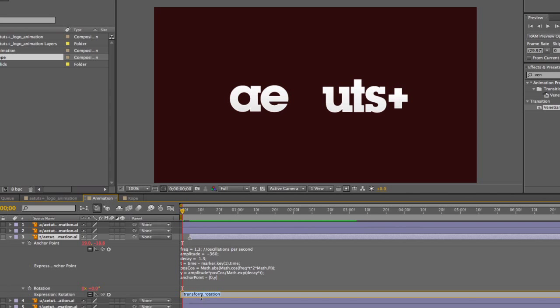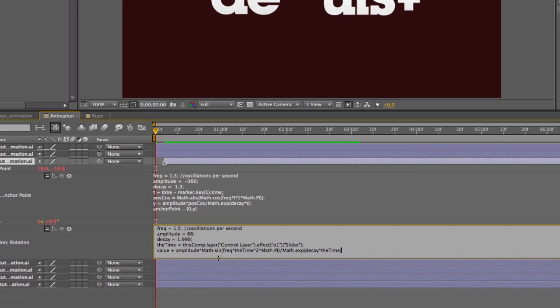The next part, we want to add in the rotation, and I will paste in the expression that I wrote and explain it to you again. So frequency, I already told you, so how often it will occur. The amplitude is the amount it will be rotating. Decay is how quickly it's decaying. I have a control slider in here which I'm going to have to create, which will basically be controlling the rotation of this. So basically this effect right here, I'll just delete this whole line